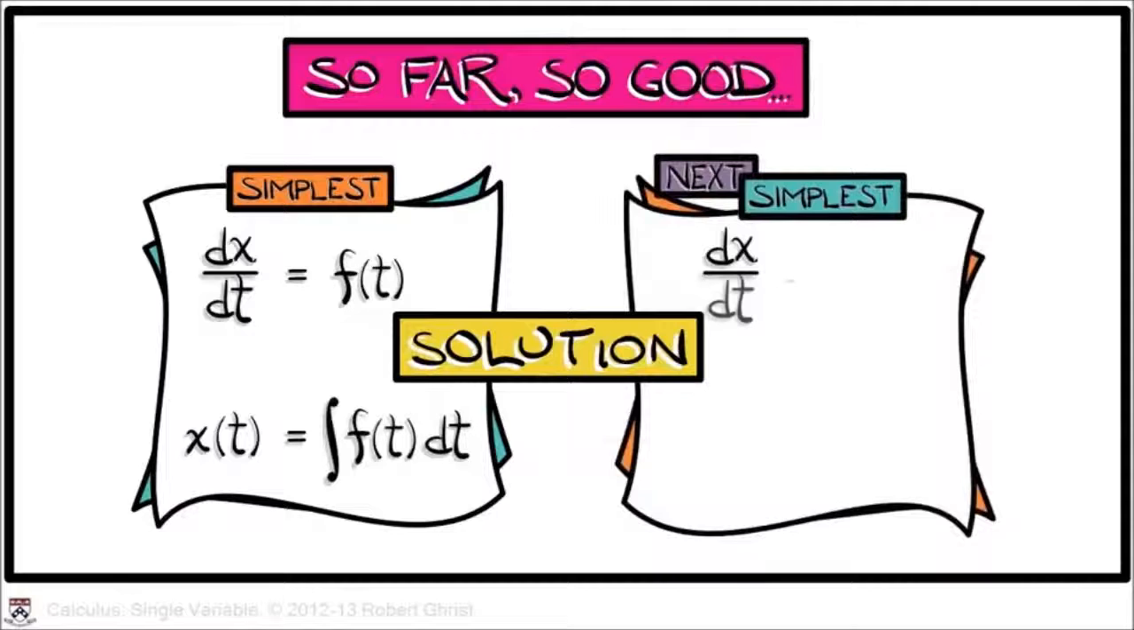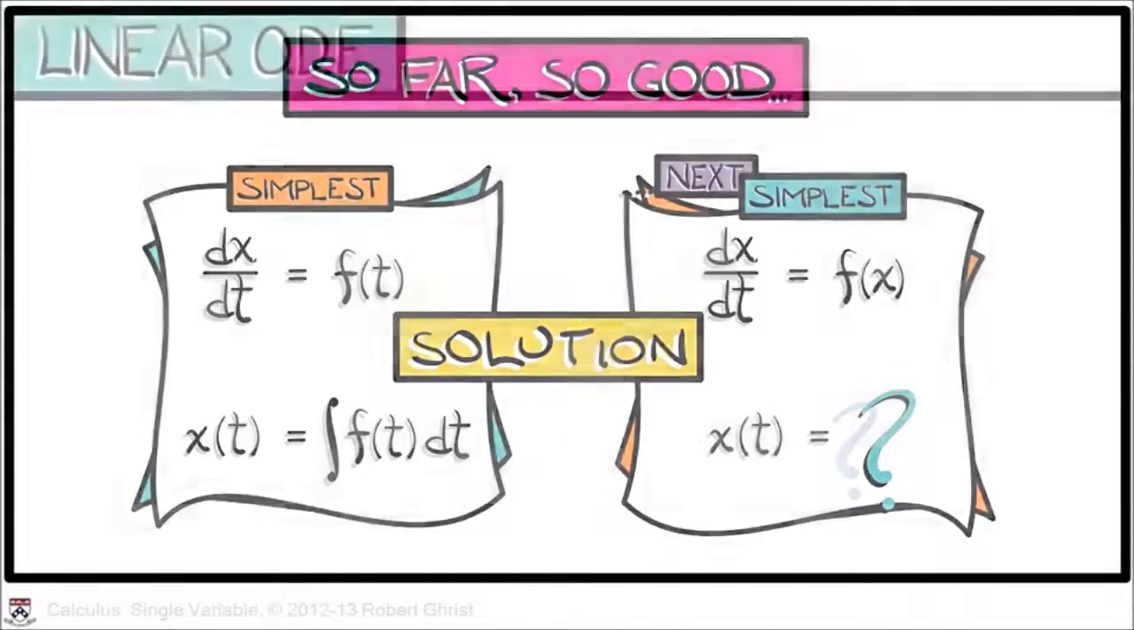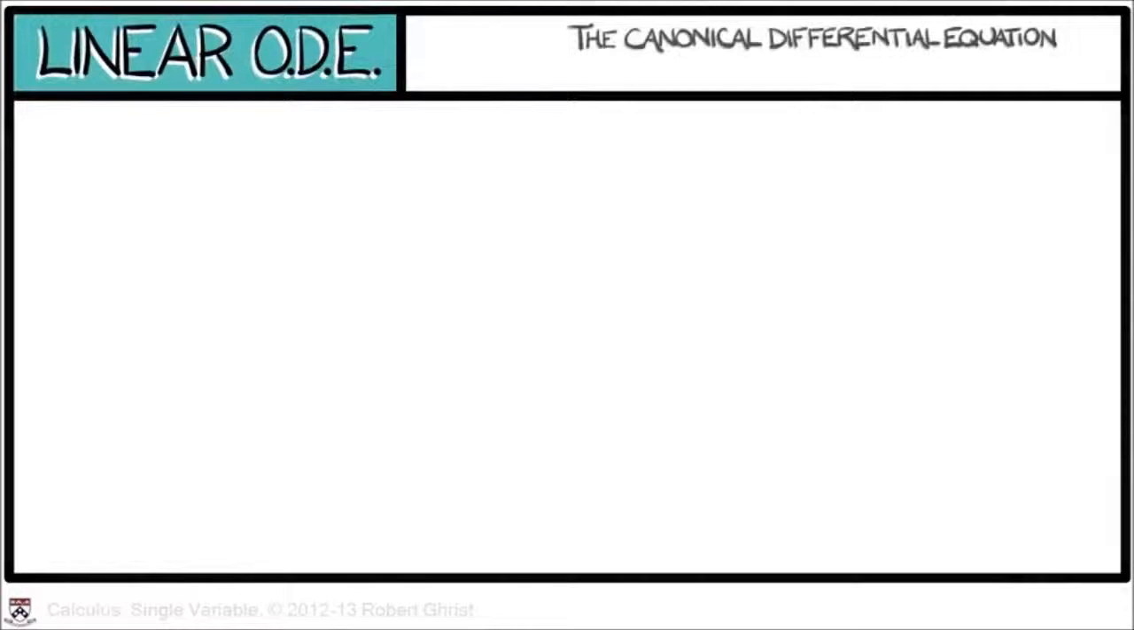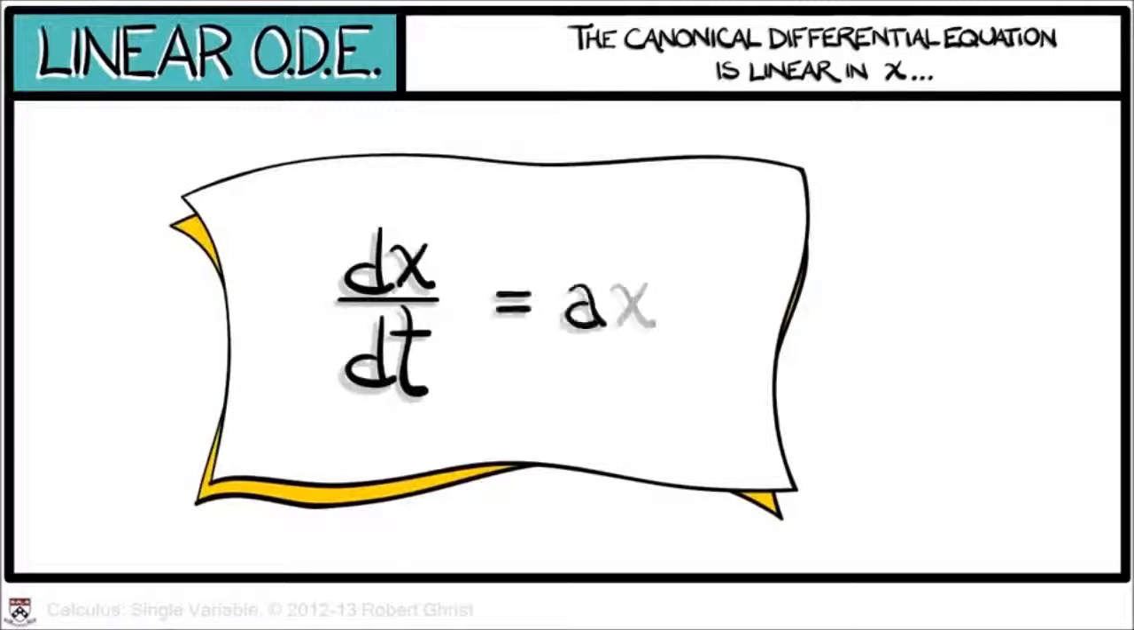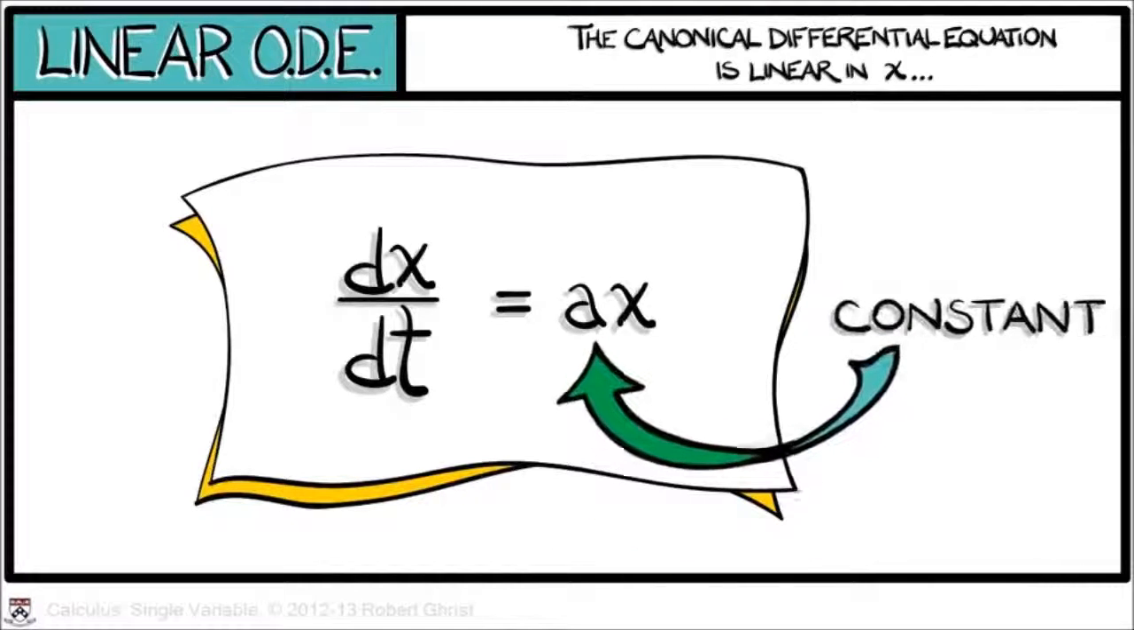But what happens when we look at the next simplest class, namely dx dt equals f of x instead of f of t? How do you solve that for x as a function of time? Well, we're going to restrict to the simplest, the canonical differential equation of this form, one that is linear in x. This is a very important differential equation. It is dx dt equals ax, for a constant. We're going to think about this one over and over